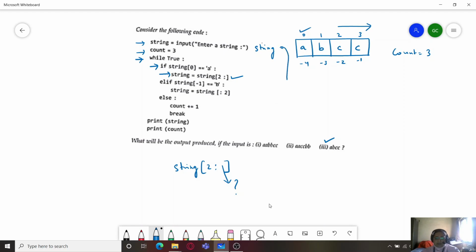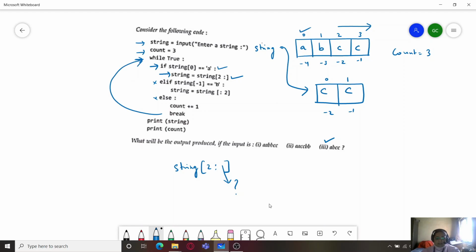So now the string would be what? It will be CC. So these two will be skipped because the first if condition has been satisfied. So elif will also be skipped and else will also be skipped, and again the loop will be iterated.